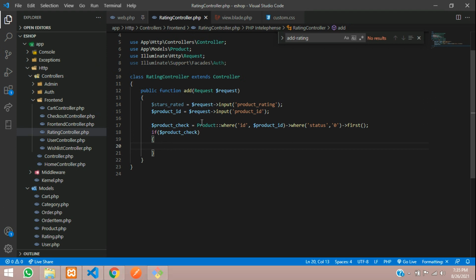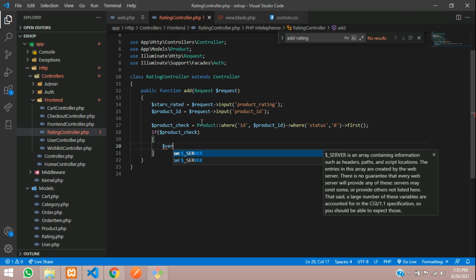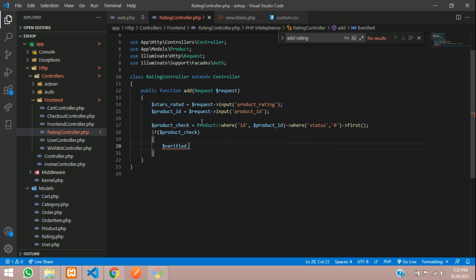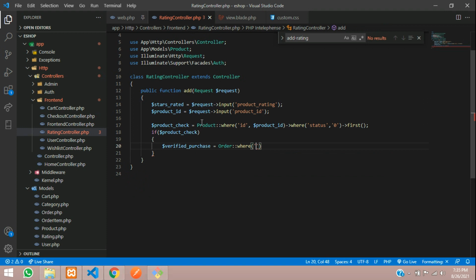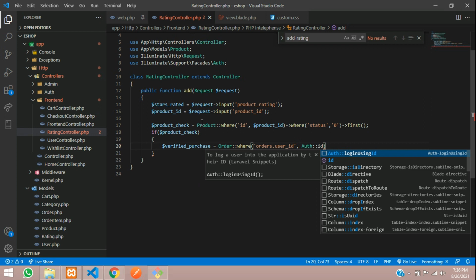So before inserting the order, we need to check if the user has purchased that product or not. So user cannot give any fake review without purchasing the product. So for that we are going to use the joins. So let me say $verified purchase is equal to, first we are going to do the order model, where the orders.user_ID is equal to the authenticated user's ID, auth ID,